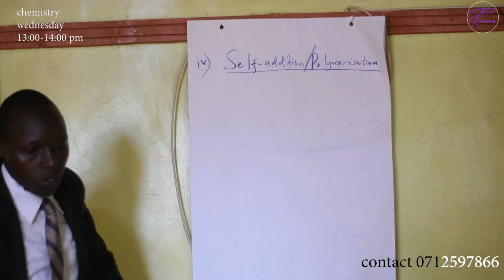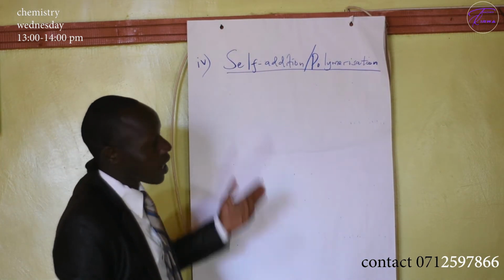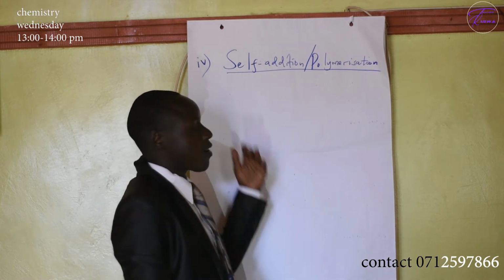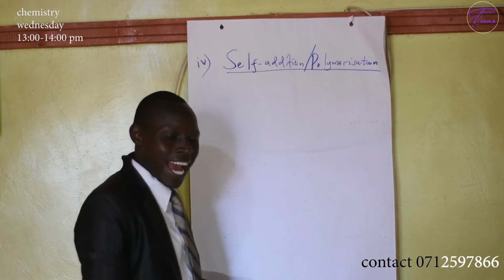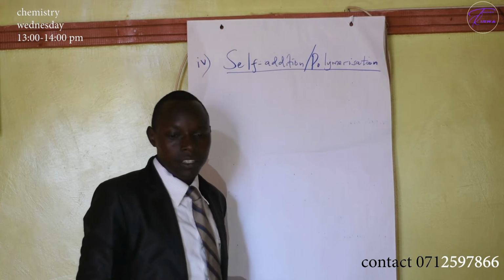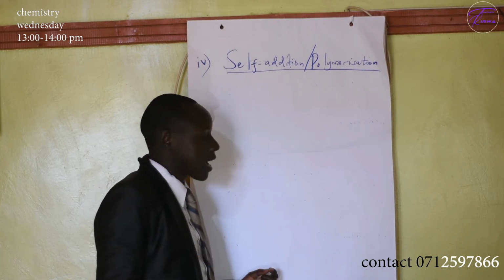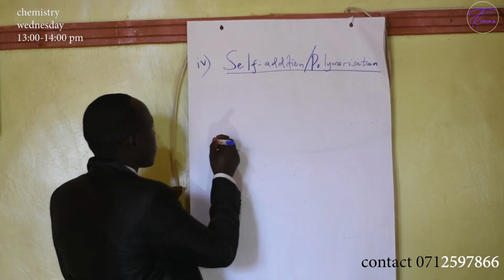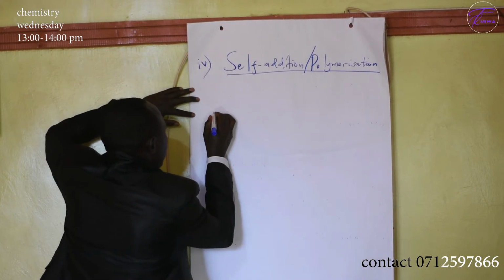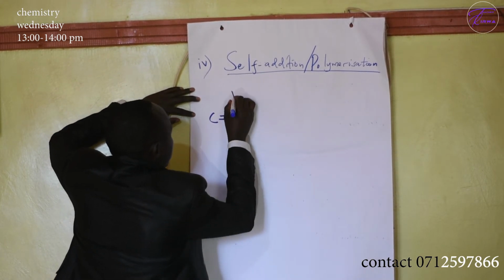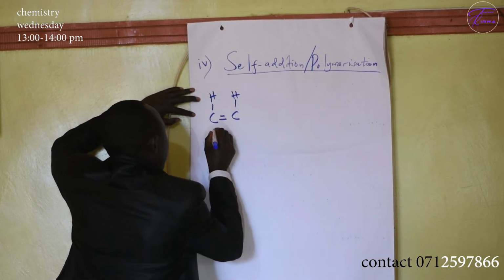Addition reaction or polymerization. Now, self-addition reaction is where an alkene adds to itself. Okay? An alkene adds to itself. For example, you have this is ethene,